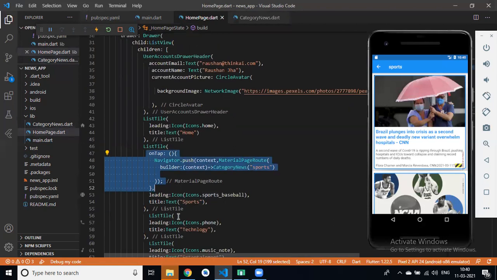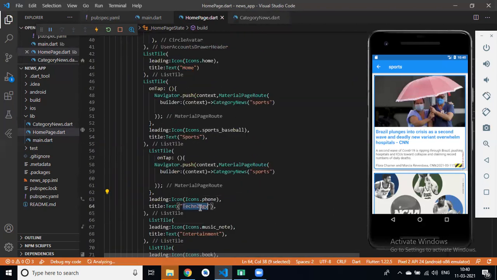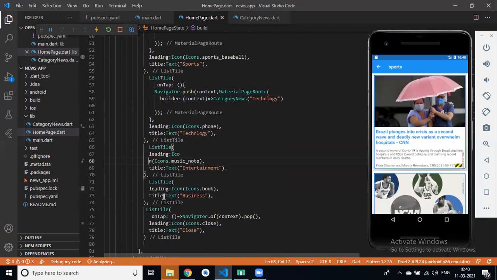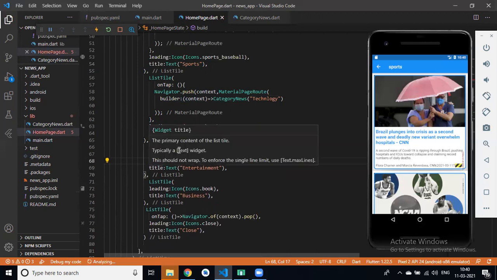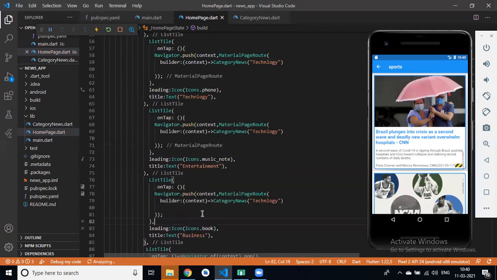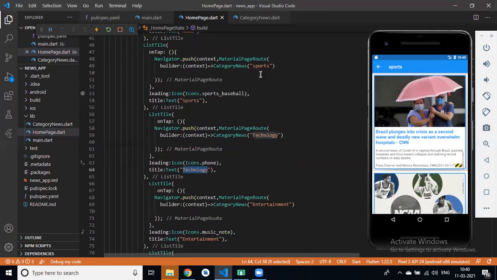Like in this, I passed technology, then entertainment, then business, entertainment, technology, then sports. How to reload this?